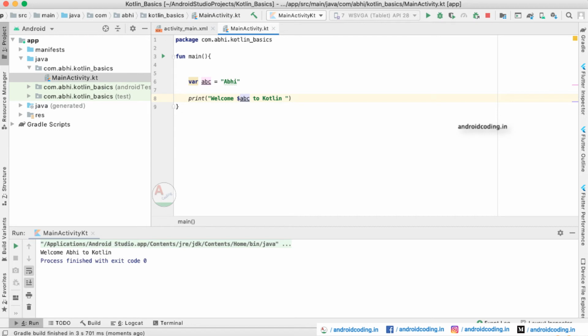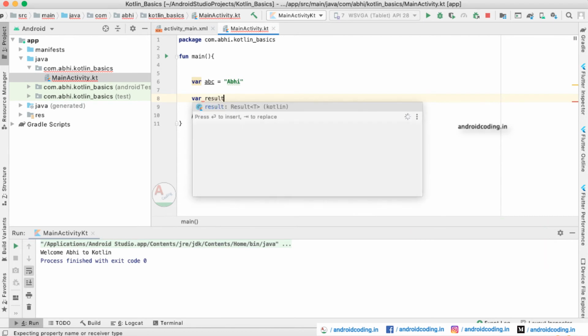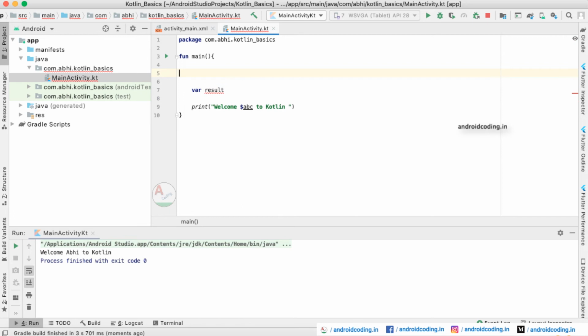You may have one more doubt, like if you have a calculation here. For example, I want to calculate the sum of two numbers. Let us remove these things and see a small calculation. We will consider variable a equal to 10 and variable b equal to 20.